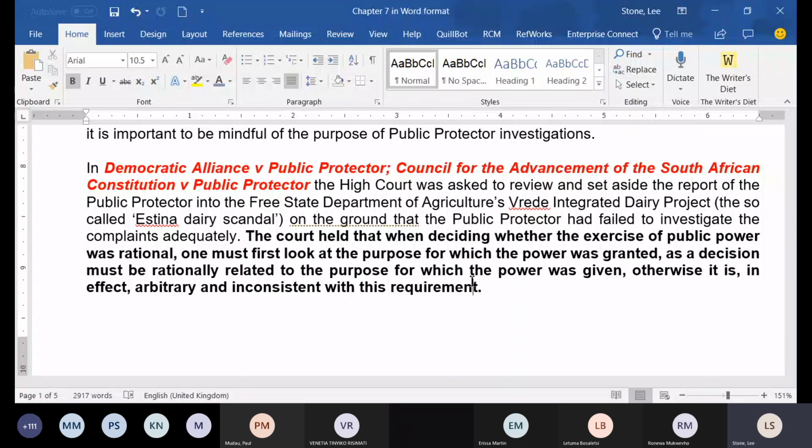But all we need to establish is whether the power is valid and defined, and you engage in what is known as the rationality test. And there, what the court does is the court first looks at